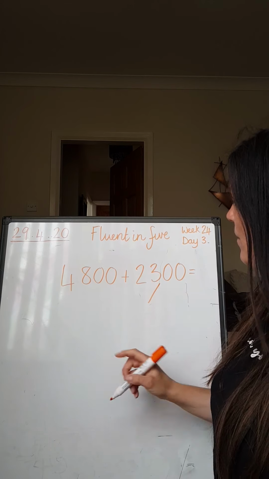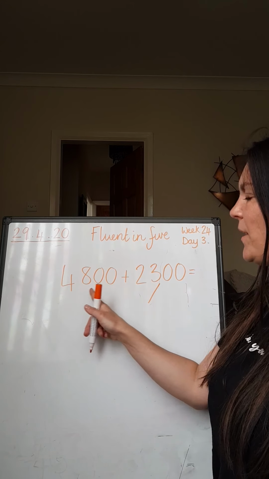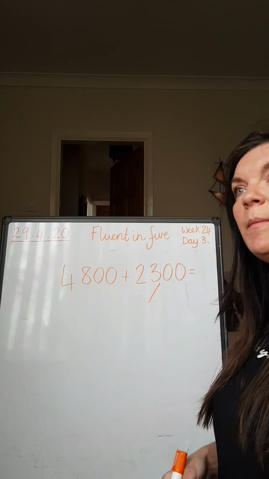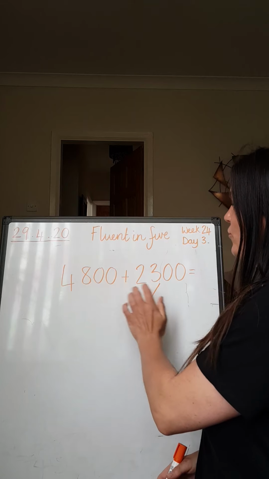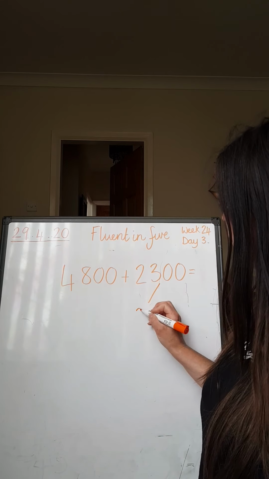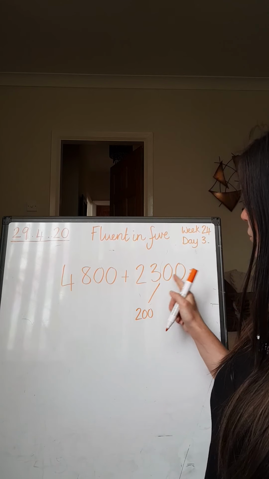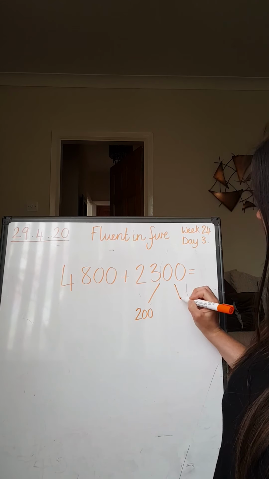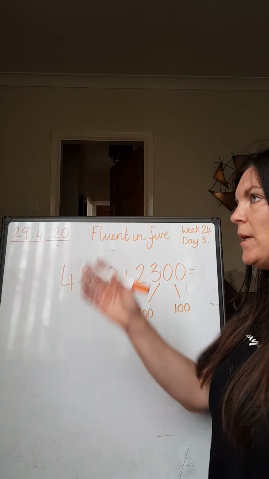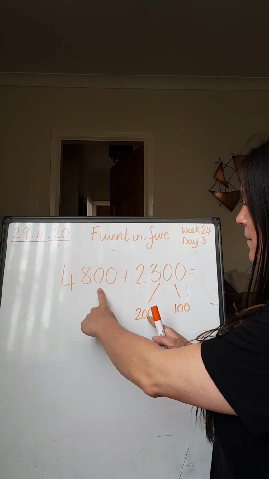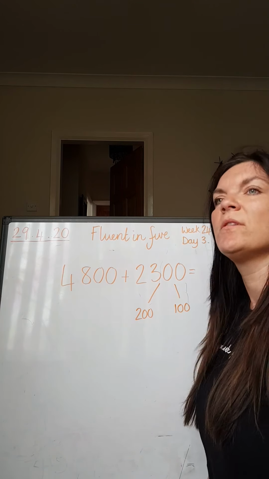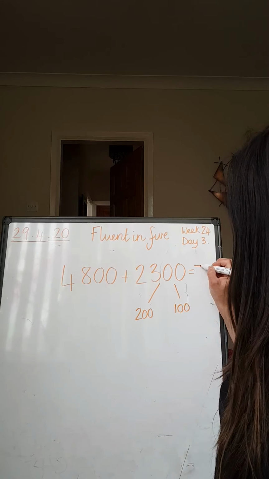Now I know with using my number bonds, if I had an extra 200, because 8 and 2 make 10, or 80 and 20 make 100, or 800 and 200 make 1,000. So if I took 200 from this 300 here, if I partitioned it, I know I'd have 100 left over. I'd make another 1,000. So I've got the 6 in my head plus another 1,000, which is 7. Then I've got 100 on the end. So I've got 7,100, and that's my final answer,